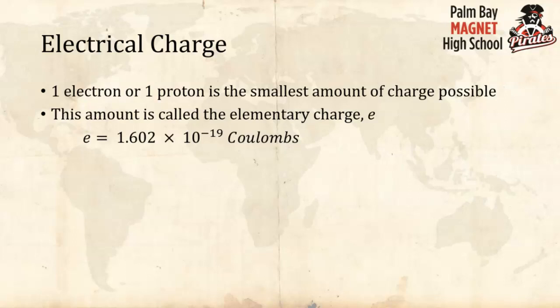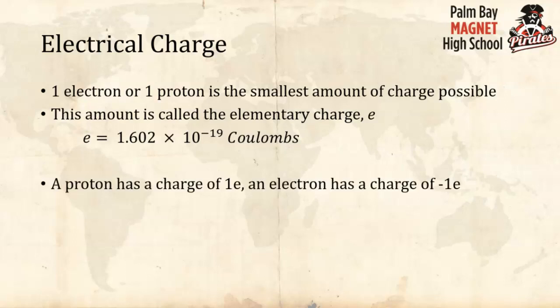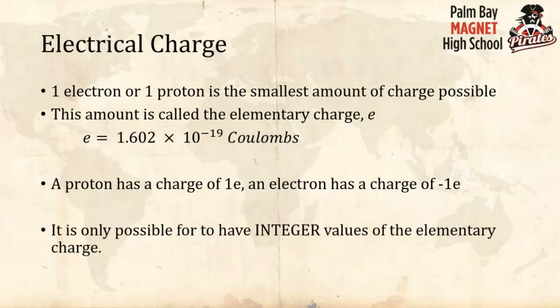So what we tend to do is we say a proton has 1e, but an electron has negative 1e. If I have 2 protons, then I have a charge of 2e. If I have 3 electrons, I have a charge of negative 3e. The ramification of that is it is only possible to have integer values of elementary charge. Integer meaning a whole number. You can have a charge of 1e or negative 3e or 5000e. What you cannot have is